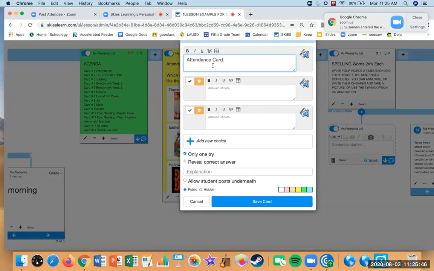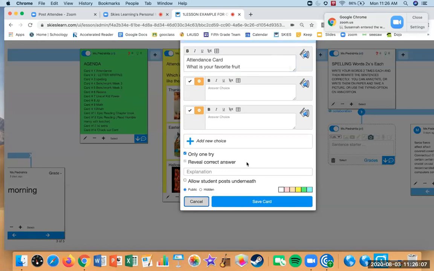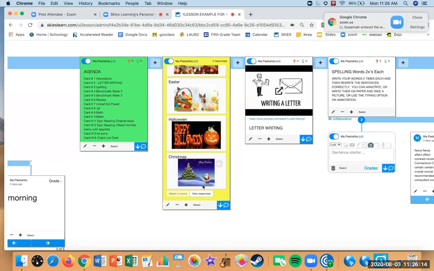And I write the question, what is your favorite fruit? And then I just look for images of fruit, and then I save the card, and it looks like this. So I wrote attendance question, which of these holidays do you like the best? Okay, so then they answer it, and then I'm able to see who has